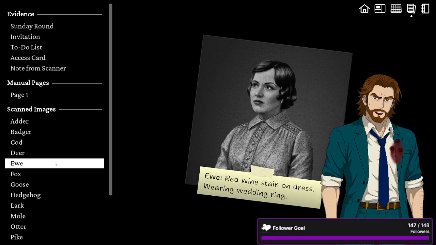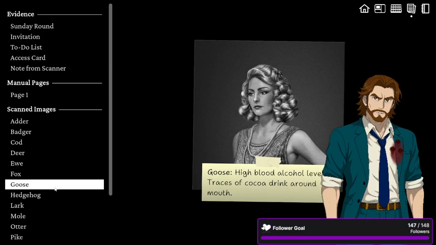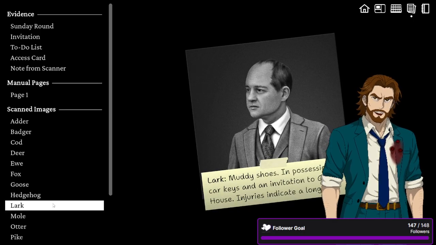Red wine stain on dress wearing wedding ring. Long-term injury on left leg in possession of empty film canister and key to piano. High blood alcohol content. Traces of coca drink around mouth. Traces of ash on clothing. Strong smell of perfume. Evidence of missing ring. Muddy shoes, in possession of car keys and invitation to Galley house. Injuries indicate a long fall.